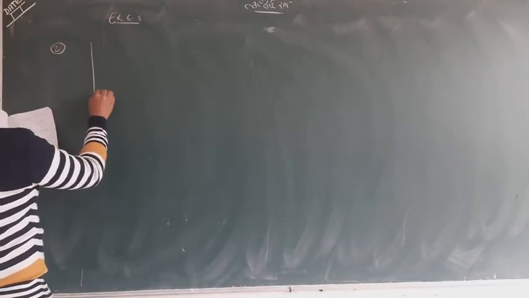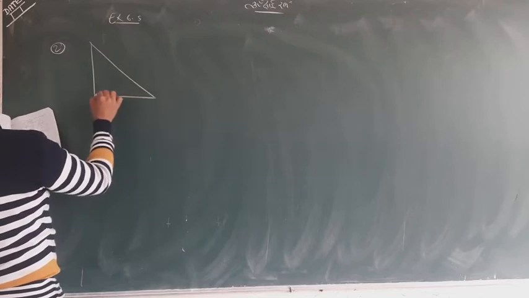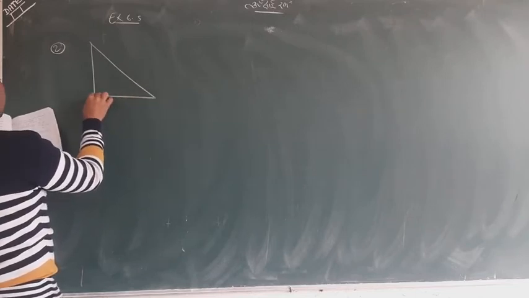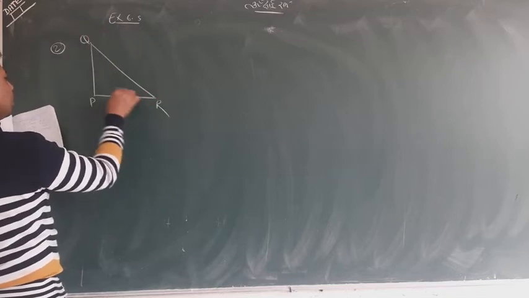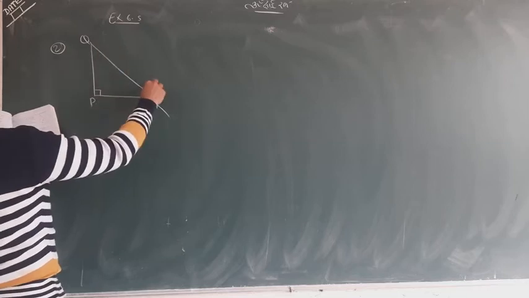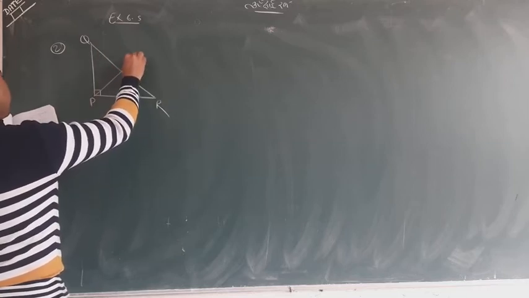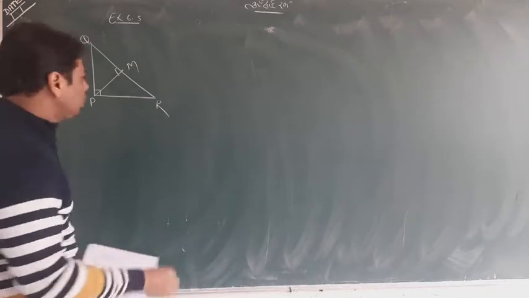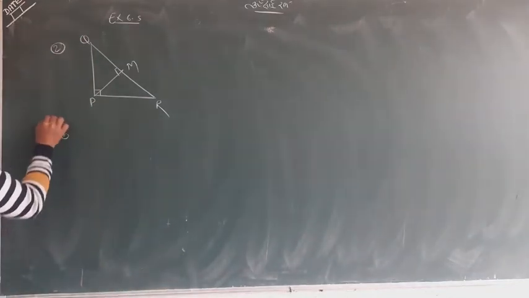PQR is a right angle triangle, where P is a right angle, Q you can write here, and P and M is any point on QR such that PM perpendicular to QR. Now it's a very simple thing that, given,